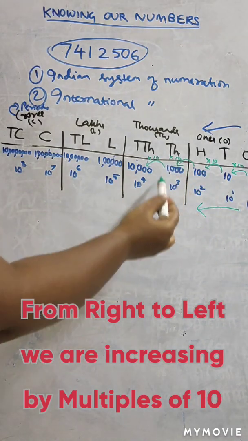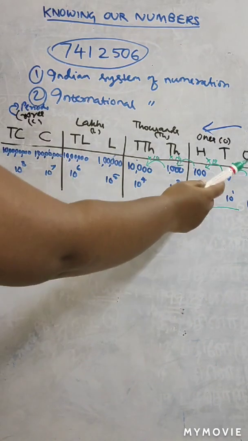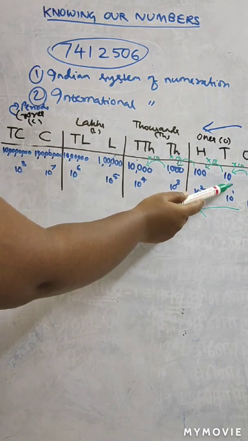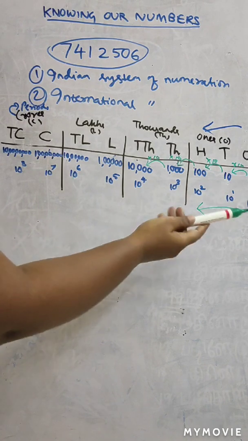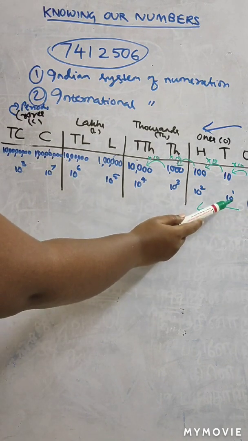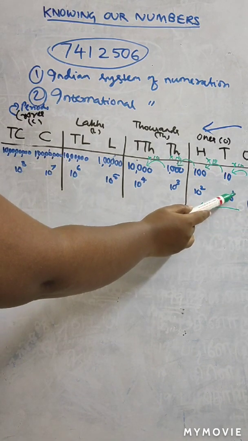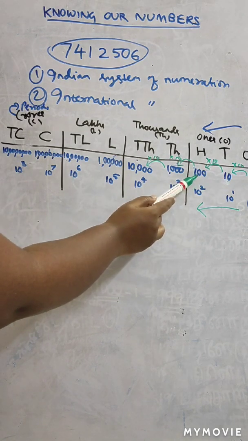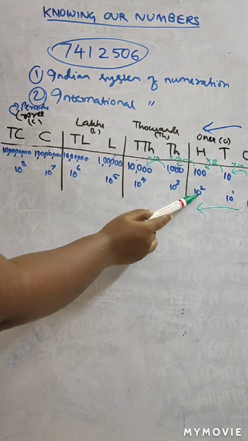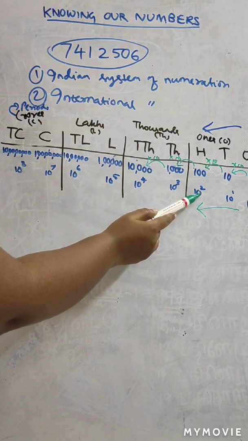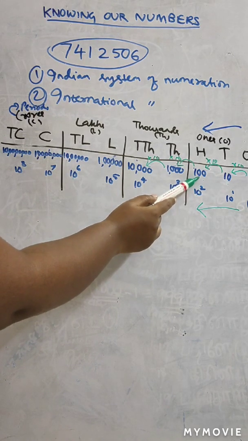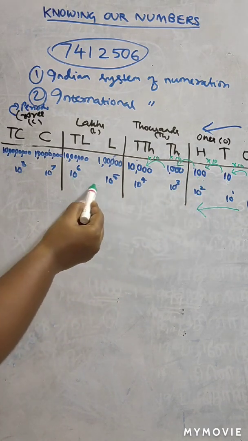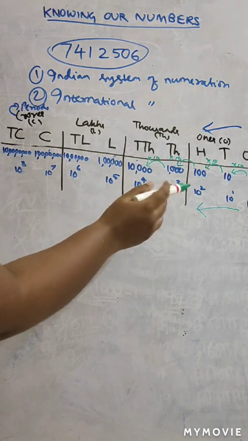Now if we see that ones place, that is 1, we can denote it as 10 to the power 0. Tens place, that is 10, is nothing but 10 to the power 1. That means 10 is multiplied one time, 10 into 1 gives me 10. Now for hundreds place, similarly this is 10 to the power 2. So 10 is multiplied 2 times, 10 into 10 gives me 100. So as we move from right to left, we are having an increase of 10 times. So we are denoting it by power of 10 or the exponent of 10.